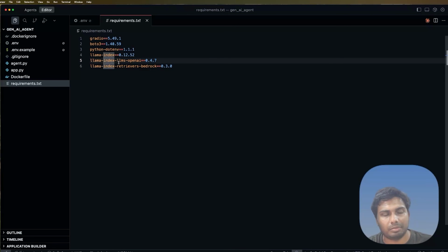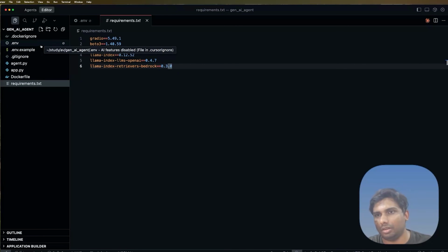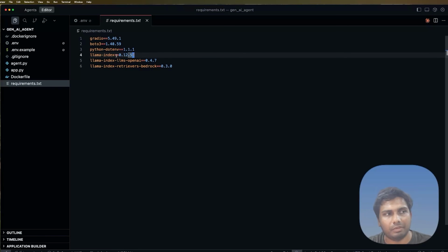Then we have python-dotenv. This is what we would be using to automatically load the .env file into our code. And then we have LlamaIndex in 3 different formats. For stability, LlamaIndex has broken down multiple modules into different packages of their own. So the core LlamaIndex is mentioned as llama-index, and then we are installing additional packages for OpenAI, which